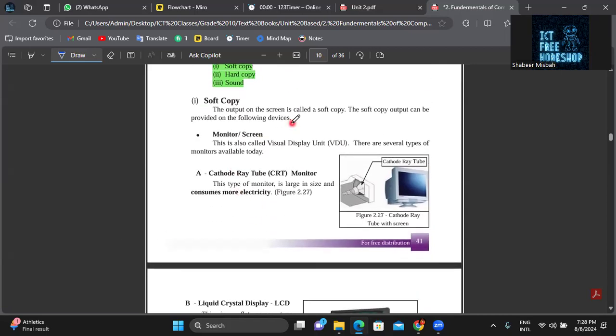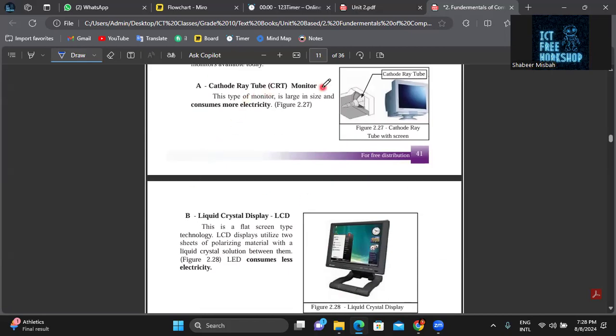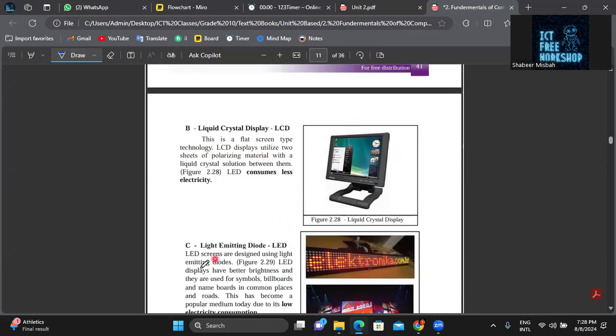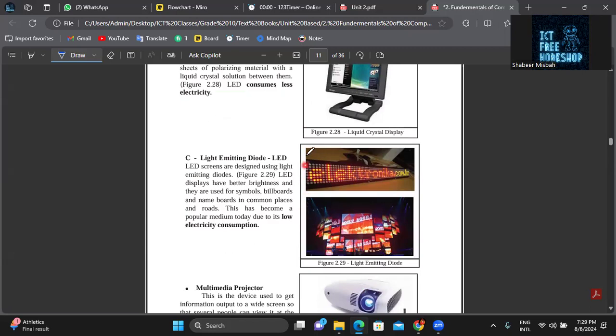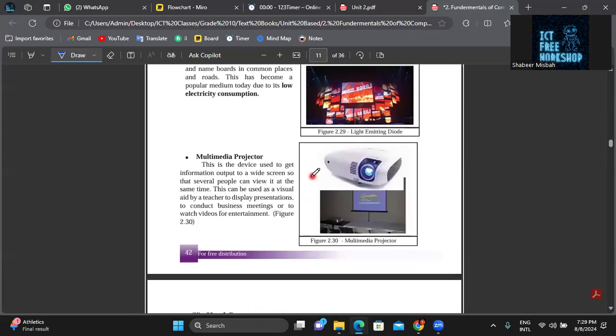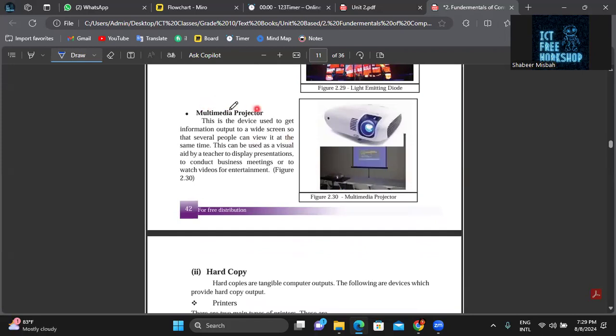So under the soft copy, we discussed that there are 2 ways we can receive a soft copy: through a screen, that is a monitor, or a projector. Under monitors, we discussed three types: cathode ray tube monitor, liquid crystal display monitor, and light emitting diode monitor. I guess you got a clear understanding about the monitors. Now we'll go for the projector. Projector means there's a term multimedia. Can you see this? Multimedia projector. If anyone has an idea about the word multimedia, what does the term